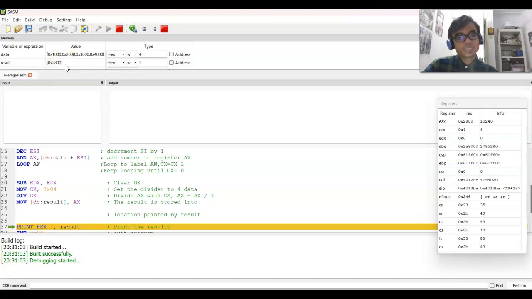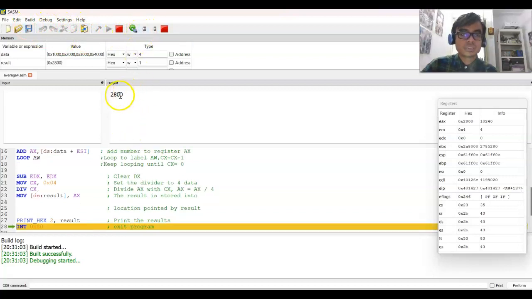Next, we will print the result to the output. In order to print, we will print hex, which will print the results to the output column. As you can see here, the result is printed to the output column. Now for the final line, we will exit the program by using this int 0x80. We'll exit the program, and the debugging process